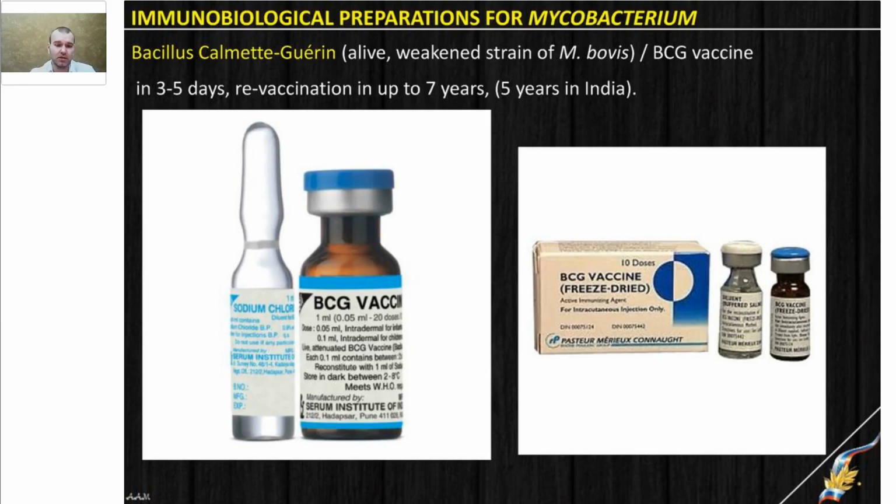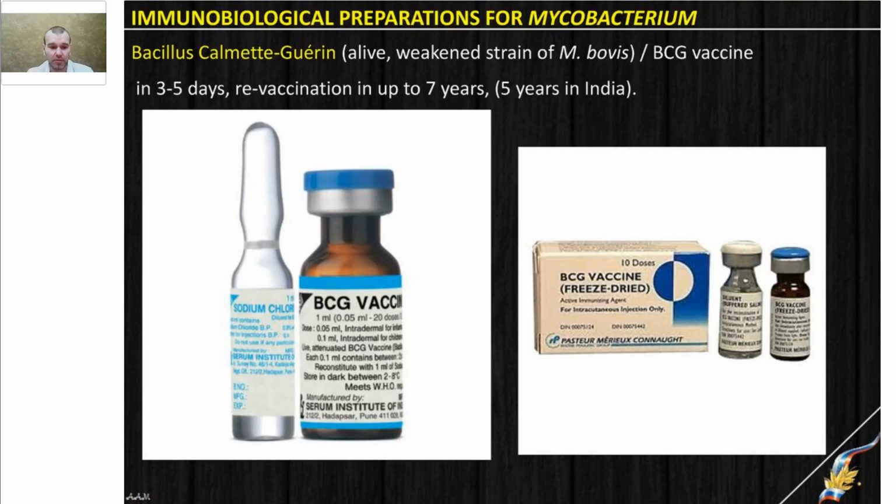in the medical society. The name is given because of two scientists who grew the bacteria and obtained a vaccine strain of Mycobacterium bovis, Calmette and Guérin, and Bacillus Calmette-Guérin is the name of the vaccine. It is weakened Mycobacterium bovis, which nowadays belongs to the Mycobacterium tuberculosis complex. And the worldwide regimen of vaccination is 2 doses. The first one is in the first days of life. Usually it is done in hospital while the kid is not discharged, in up to 3 days, maximum 5 days if